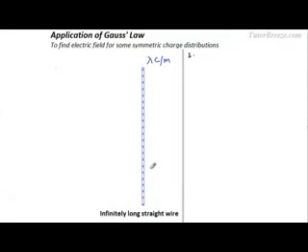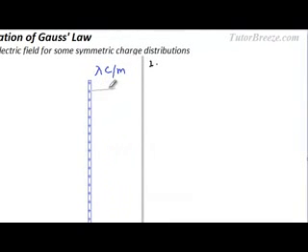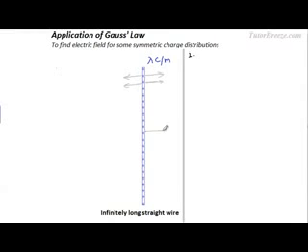Over here we have an infinitely long wire with a positive charge on it, and we need to make an intuitive guess as to how the electric field will look. Now, say I am looking at this wire from the front, then I would say that the electric field looks like this. So you have an electric field which is perpendicular to the wire, and this is how the electric field will look like.